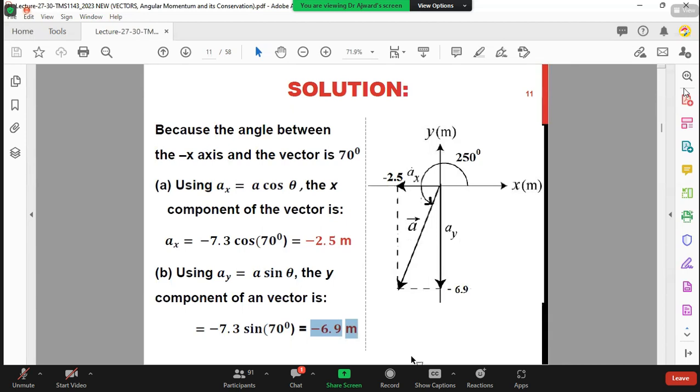Also, you can do the vice versa. If you know the x and y components, you can also find the vector itself by using the Pythagoras law. Here you broke it into two components, but you can also do the reverse. And depending on that, one student asked what happens if